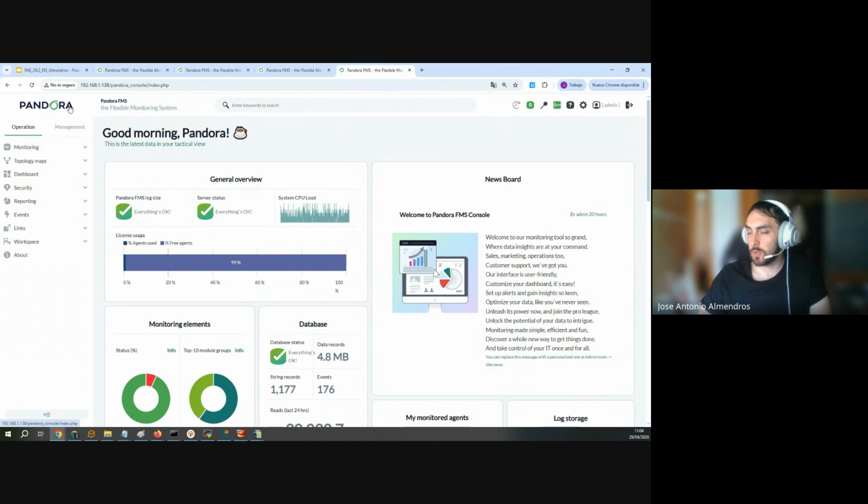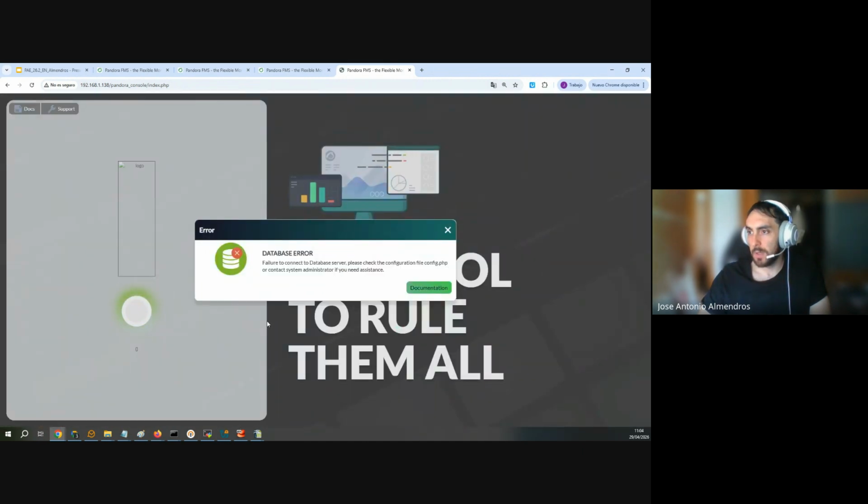So this console shows this error: database error, failed to connect to the database server. Check the configuration file config.php or contact the system administrator if you need assistance. Why does it say this message? Please check the configuration file config.php. This is because